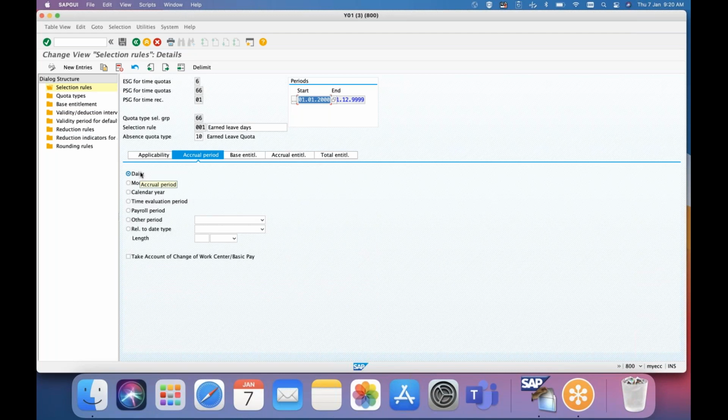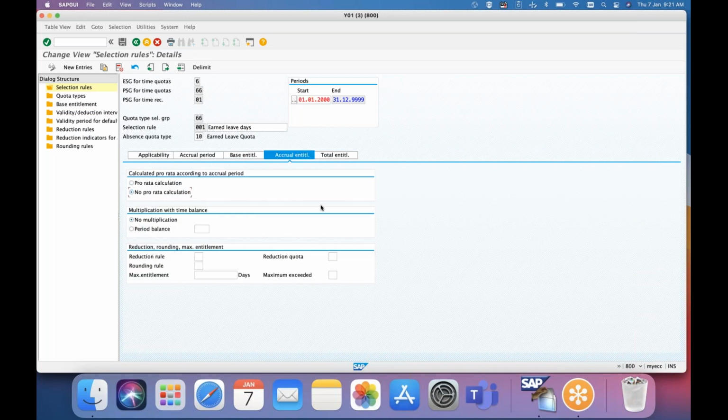Say for example, I have generated 2.5 to the time type. So on that day itself, the quota should be created. And when we are doing the very first example, we'll put it as no prorata, because 2.5 we are generating with a prorated value. Say 30 divided by 12, and you can generate the quota.